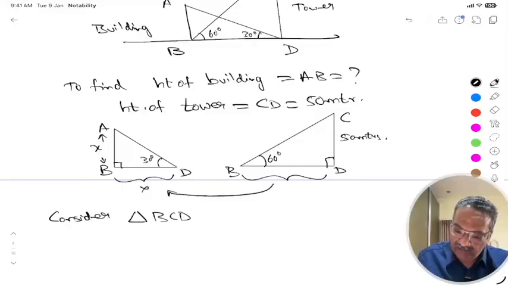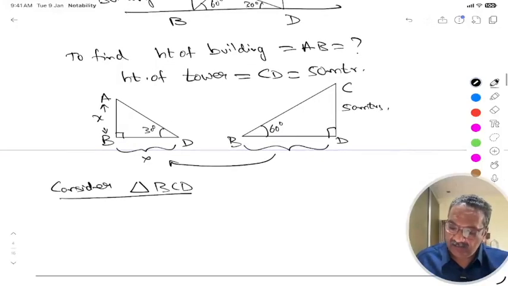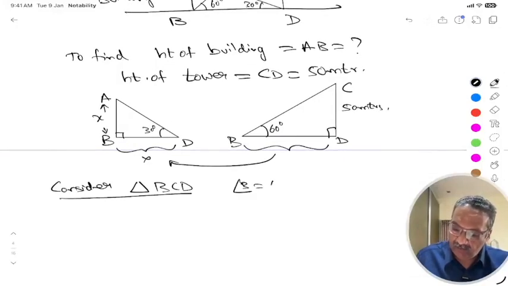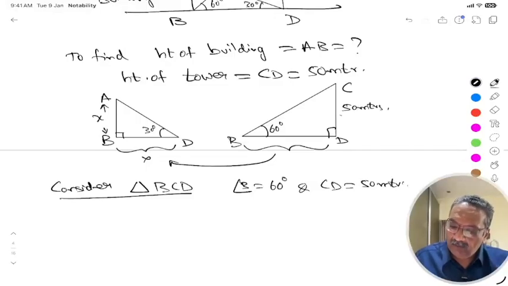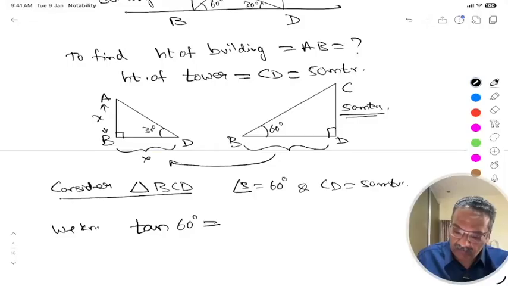Triangle BCD. In this triangle BCD, we have angle B is equal to 60 degree and CD is equal to 50 meter. So, opposite of angle 60 degree is known, adjacent we have to find. So, we will take tan 60 degree. We know tan 60 degree is equal to opposite